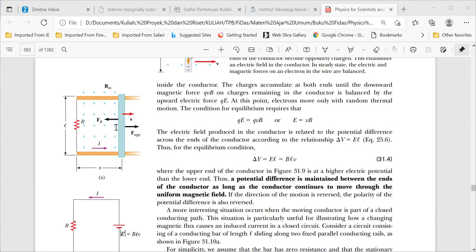It will induce an electric current here, because the flux increases with respect to time. So it will induce a magnetic field whose direction is out of the page, toward us. If you use your right hand, the direction of the current is